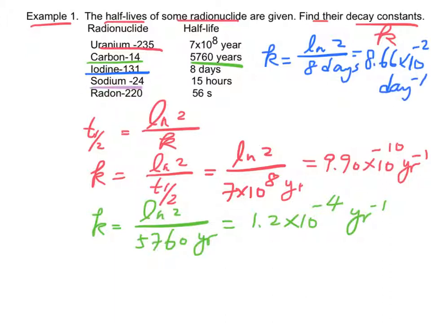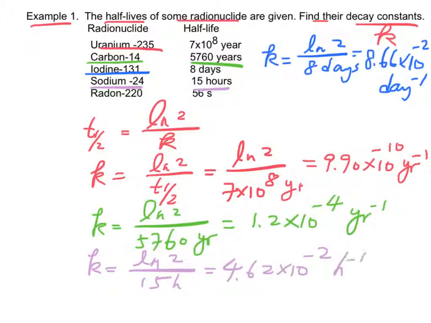For sodium-24, k equals log 2 over 15 hours, equal to 4.62 times 10 to the power negative 2 per hour. For radon-220, decay constant k equals log 2 over